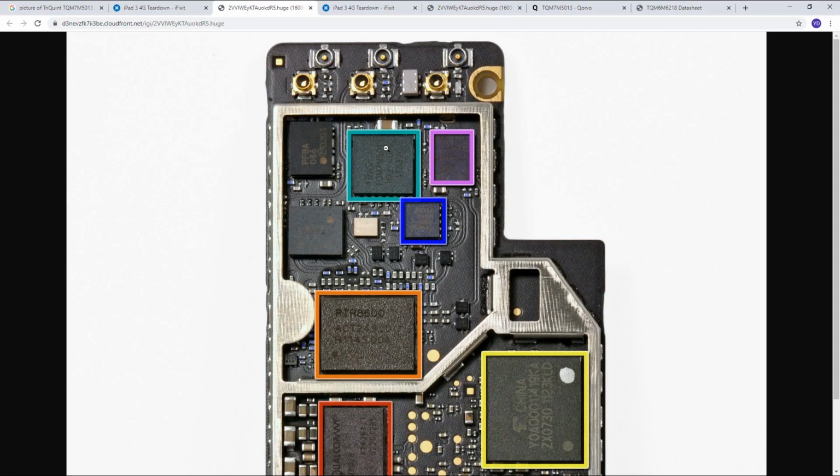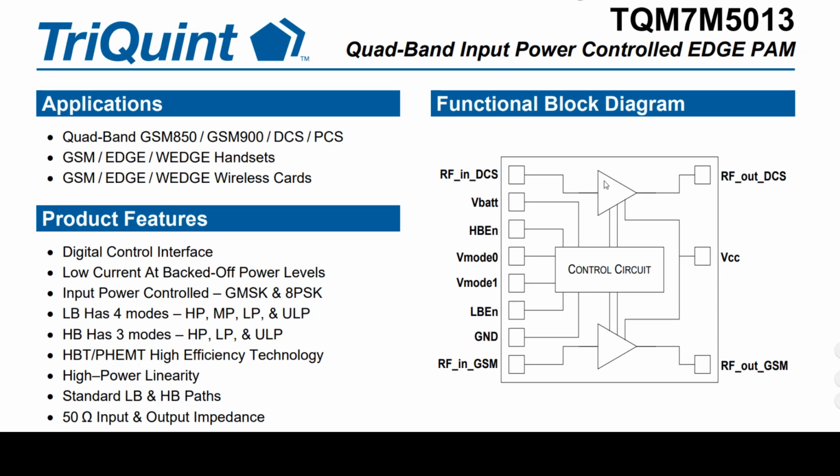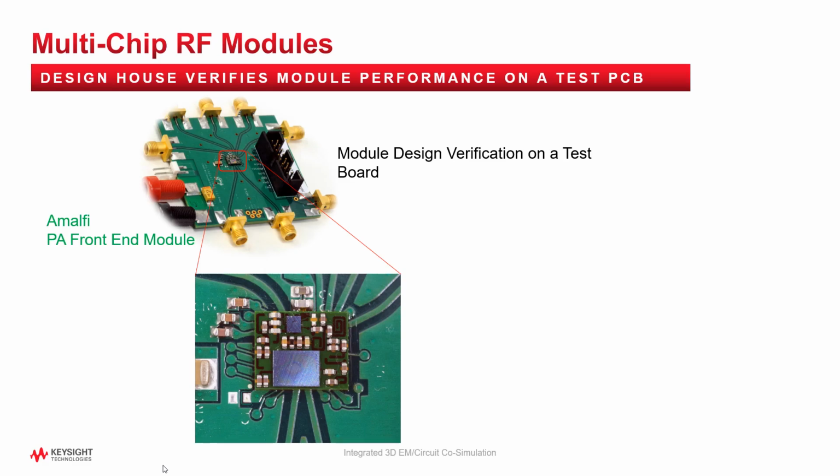I was browsing the internet and I saw this Triquint, or Qorvo now, quad-band power amplifier module that is used in handsets and on the iPad 3 board as shown here. I looked up the functional block diagram and noticed it is similar to what I'm showing today, namely two PA ICs switched by some control circuit. And similarly, this Amalfi PA front-end module is mounted on an evaluation test board, just like the example I have